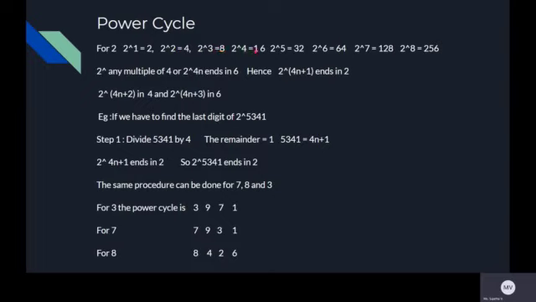So understand this: when I say 2, 4, 8, 6, I mean the last digit, right? When 2 is raised to a power of the form 4n plus 1, the number will end in 2. If 2 is raised to a power which is of the form 4n plus 2, then the number ends in 4. If 2 is raised to a power that is of the form 4n plus 3, then your last digit is 8. This is the conclusion we can draw from the pattern.